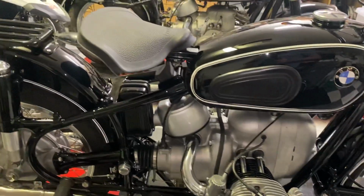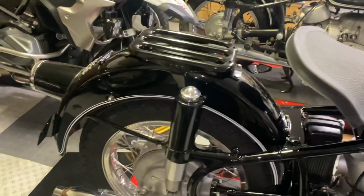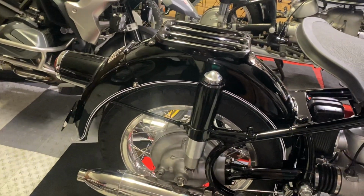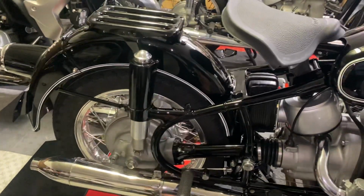heads have been restored, gearbox has been serviced, tail shaft, the rear drive's been not only serviced but new bearings and seals, new exhaust, complete new exhaust system,